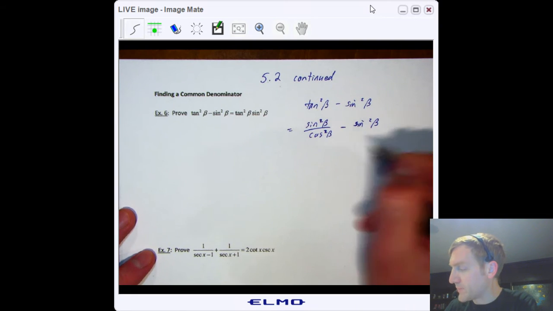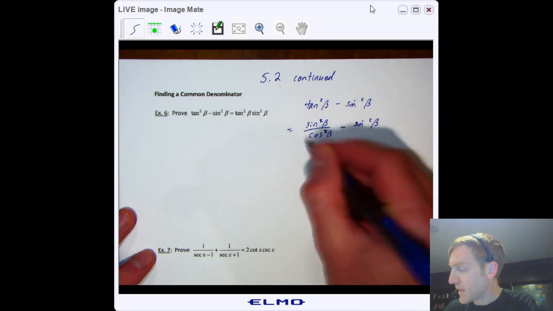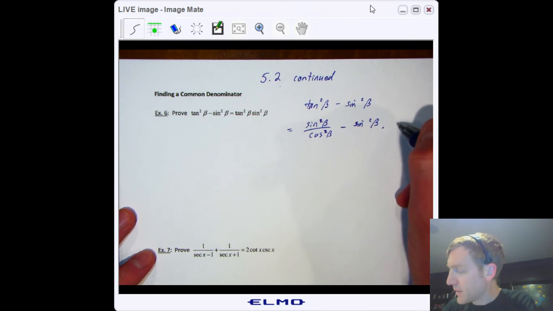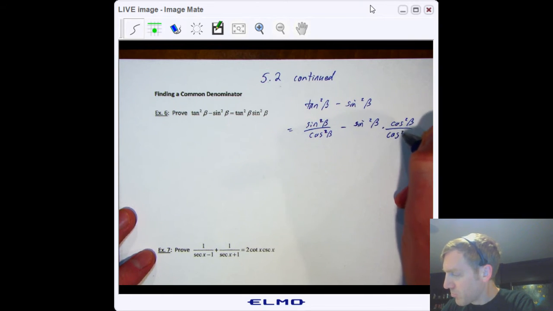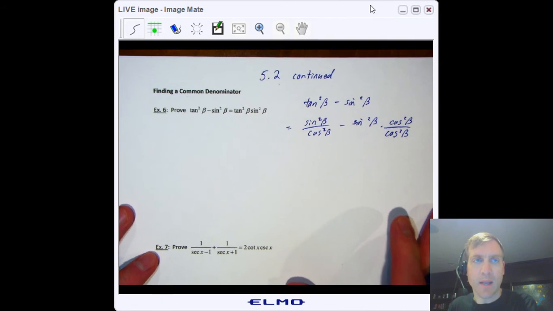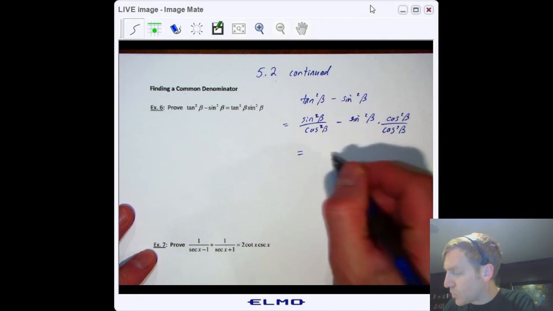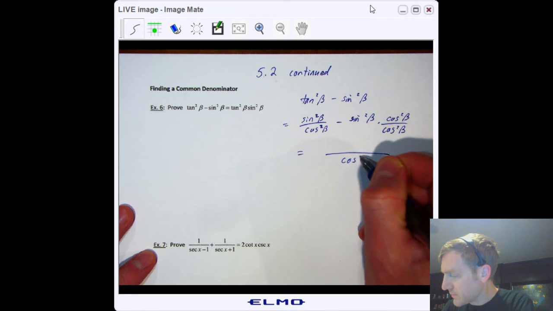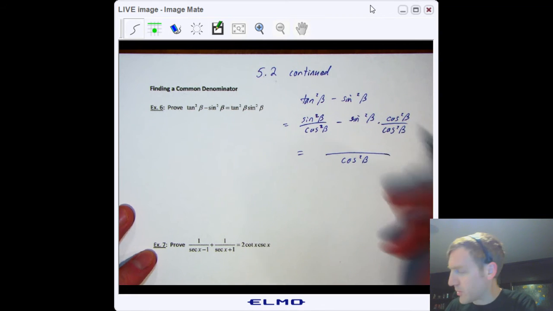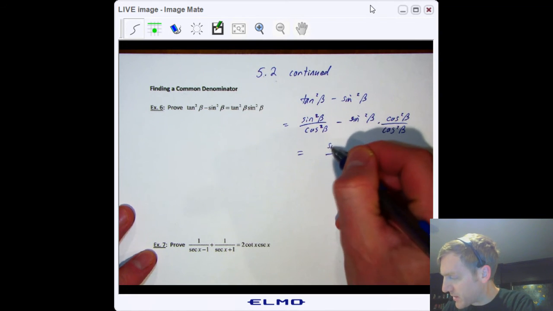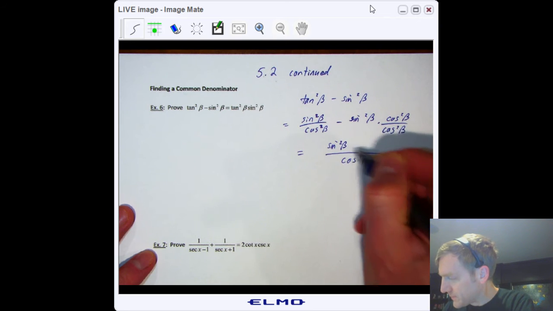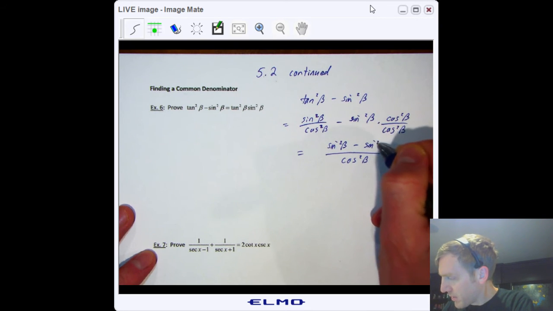So now I know what to do. I need to get a common denominator. This has the denominator cosine squared beta. So let me multiply this fraction by cosine squared beta over cosine squared beta. All right, now I can combine those into one single fraction with a common denominator of cosine squared beta. And then this becomes sine squared beta minus sine squared beta